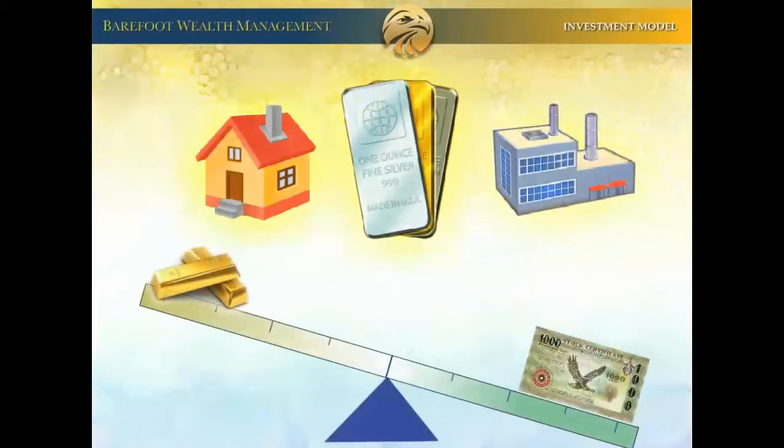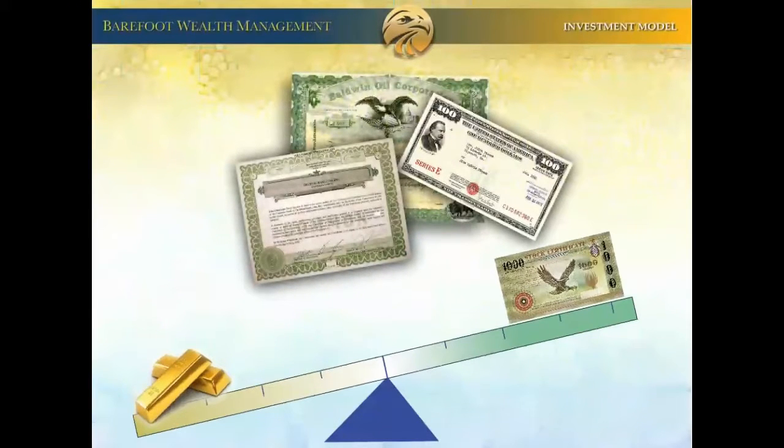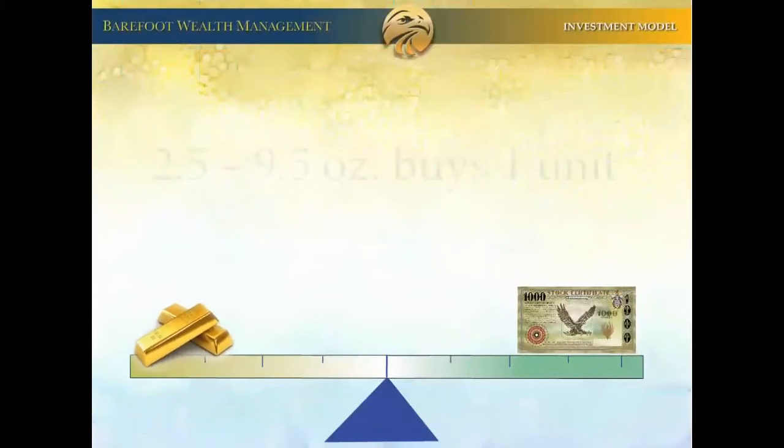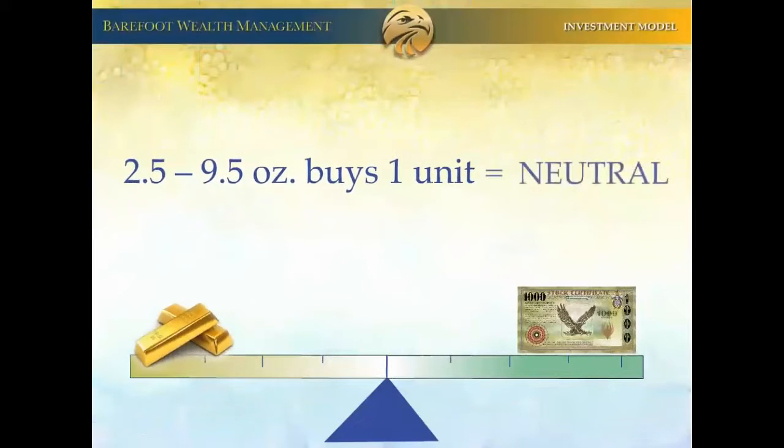financial assets. When the ratio is 2.5 or below, meaning the value of gold is so high that it only takes 2.5 ounces of it to buy 1 unit of the Dow, stocks are a better, less expensive value than gold. The long trend will favor financial instruments, not tangible or real assets. When the ratio is between 2.5 and 9.5, the trend is said to be neutral, and neither tangible assets nor financial assets are preferred over the other.